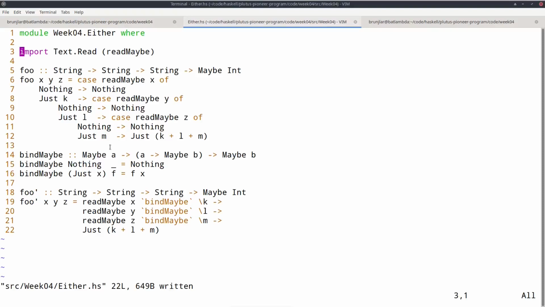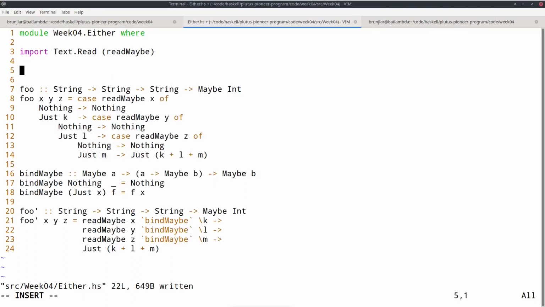It just fails without any indication of why. So if we want something like that, then we can replace maybe with an either type, where right corresponds to just and left corresponds to an error, like nothing did. But now, depending on what type we choose for the first type parameter a, we can have a type of error messages. For example, we can use string.